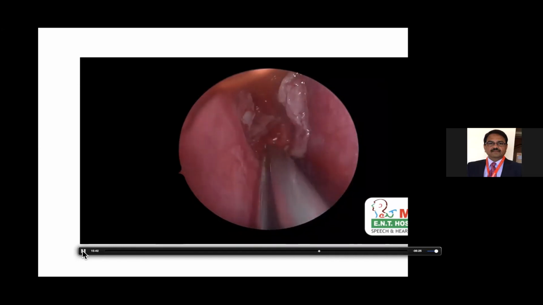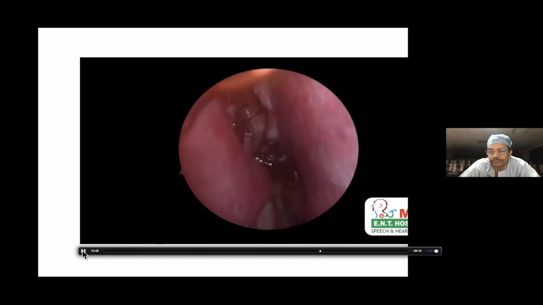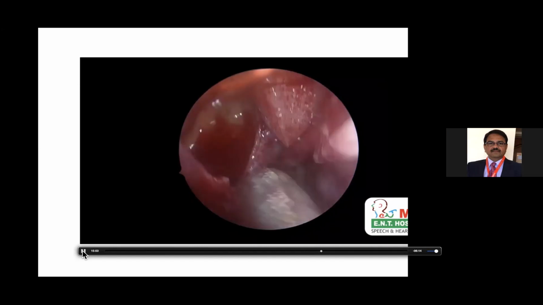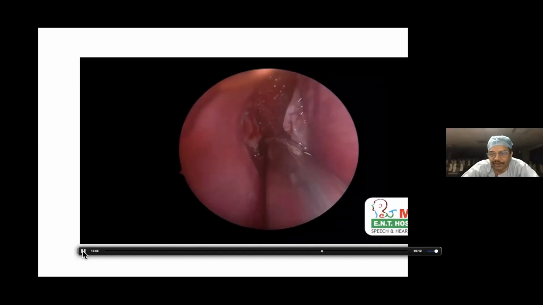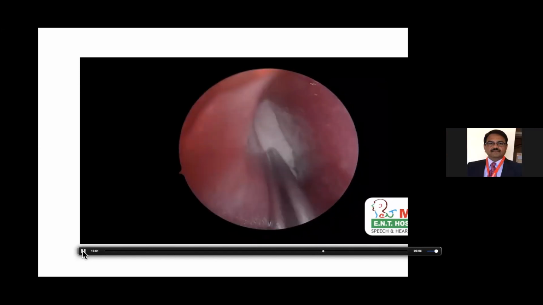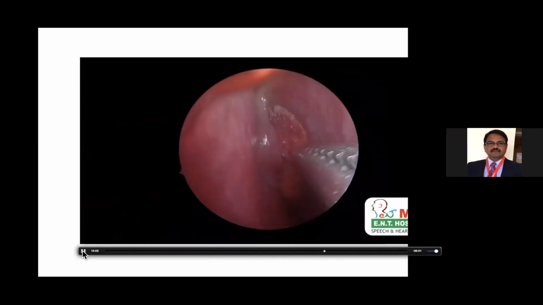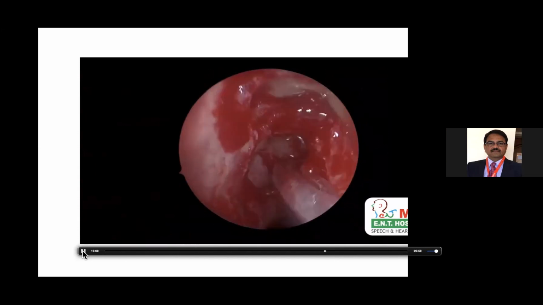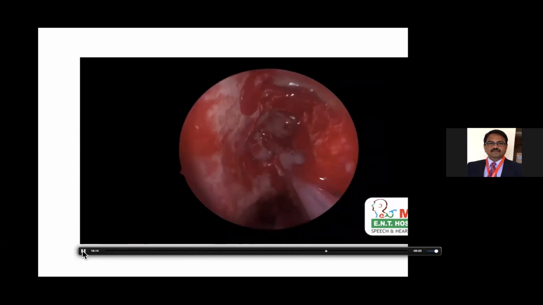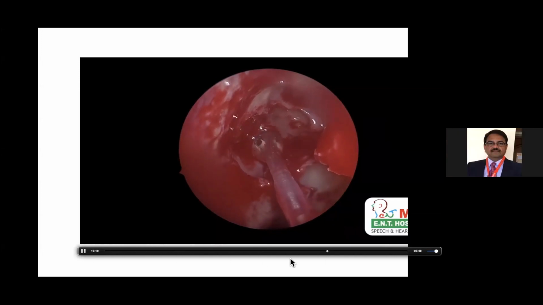Okay. So I'm keeping the pack in again for some time. So you kind of alternate on both sides. When there is a critical area, put a pack, wait for some time, again go back to the CT scan and try to recap whatever you have seen. So this is another important point, having the CT scan in the OT directly. Now again we come back to the left side.